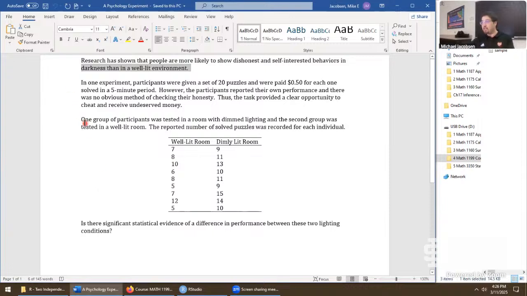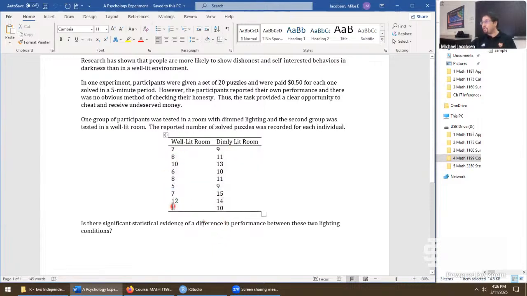So they even took this further. Hopefully, when they grab these students, they, by randomization, plug them into one of these two different treatment groups. One of them was in the dimmed room, and the numbers that you see here are just the correct number of puzzles that were solved, self-reported. Always remember that part. Second was in a well-lit room, so think really, really bright lights. And this is the number of self-reported correct puzzles solved.